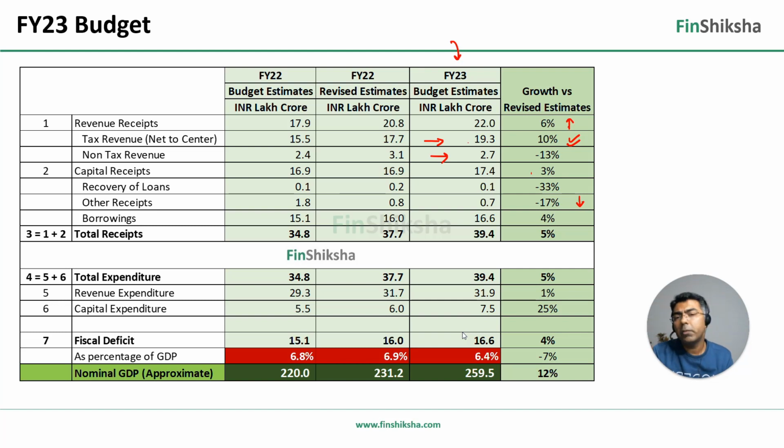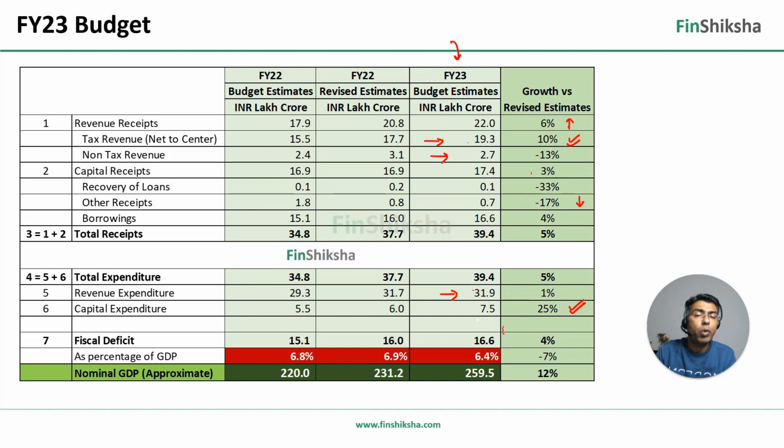Given the pandemic, the government had to spend on a lot of schemes. So it's likely that the revenue expenditure data is going to remain sort of constant. It's not going to go up too much as the economic recovery takes shape. But the extra inflow that the government is getting on account of taxes is being used in a significant jump in capital expenditure. So very, very clearly the government is focusing on infrastructure. The government is focusing on increasing the capex that they are doing, and so consequently that number has gone up